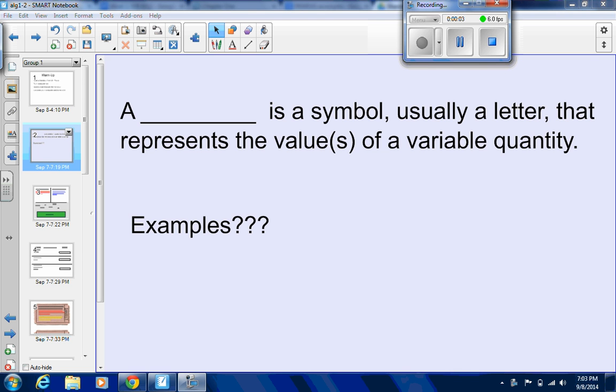All right, welcome to this video, where we are talking about numeric versus algebraic expressions. Expressions are actually how you would say something versus how you would see something. In algebra, I want to start off by reviewing the term variable. That's what I'm going to put in this blank. A variable